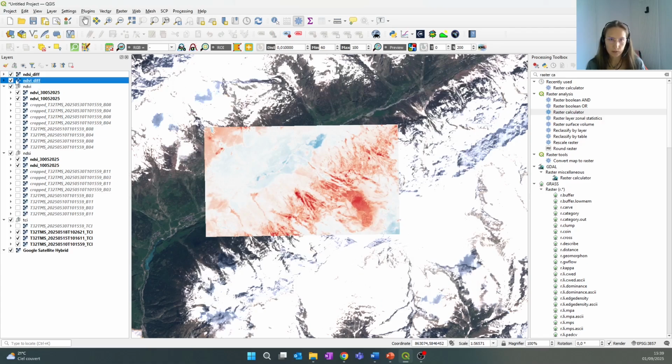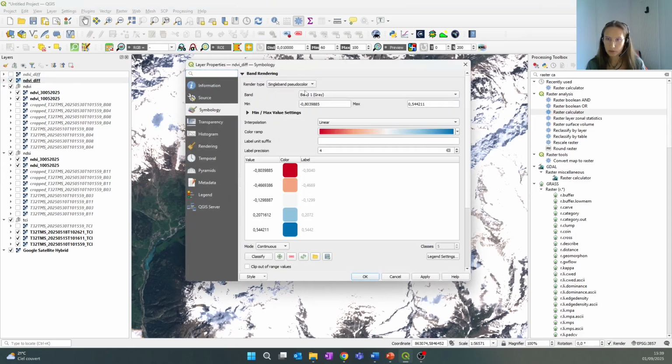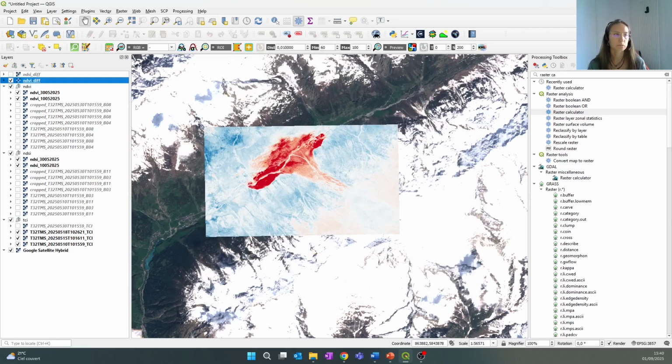And for the other one, for vegetation, we will change it to minus 0.6 and to 0.5, yes, to 0.5. We apply, and okay. So now we basically have two new maps, and if we look at the vegetation one,